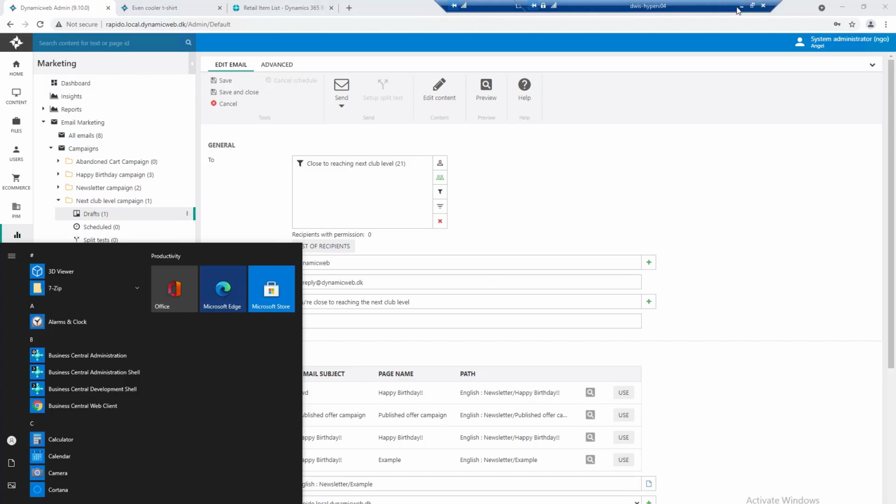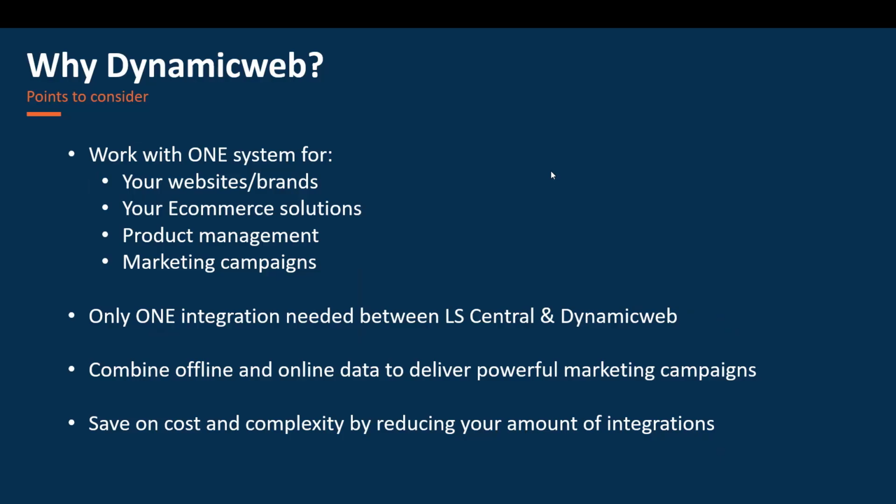So, some points to consider. Why choose Dynamic Web? Well, it really fits into this whole unified commerce offering that we're talking a bit about, because with Dynamic Web you get just the one system for your websites or brands, your e-commerce solutions, and that's not just your web store. That's of course also Amazon and print catalogs and things like this, and that with the one integration you